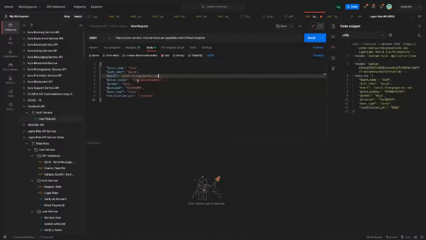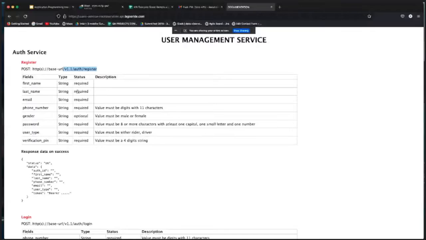For the verification code, I can just do 1 2 3 4. We've already created our endpoints, and we've passed in the data.